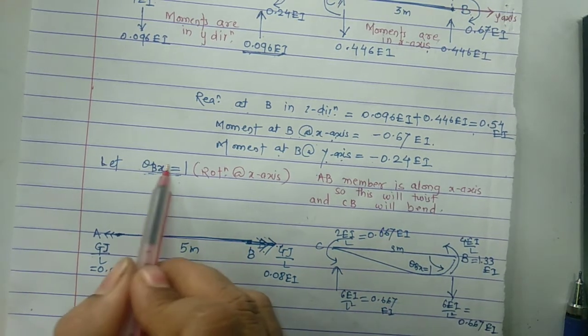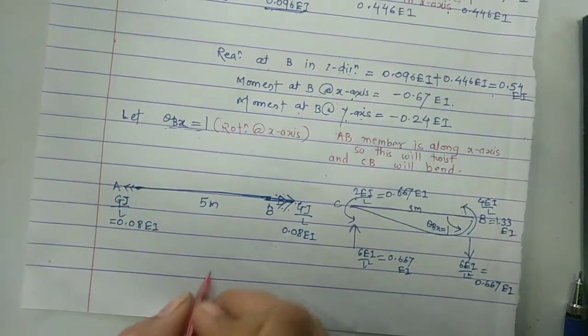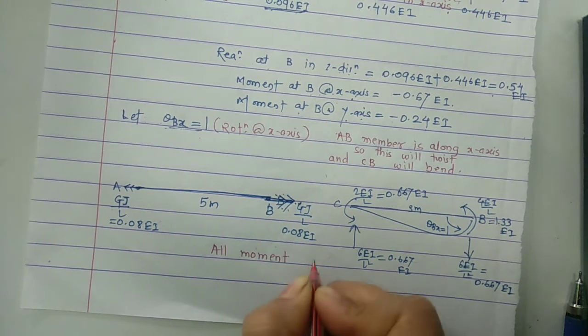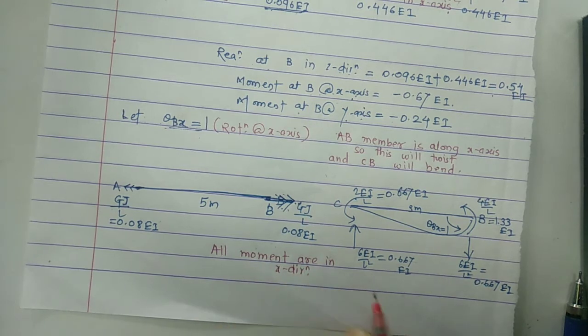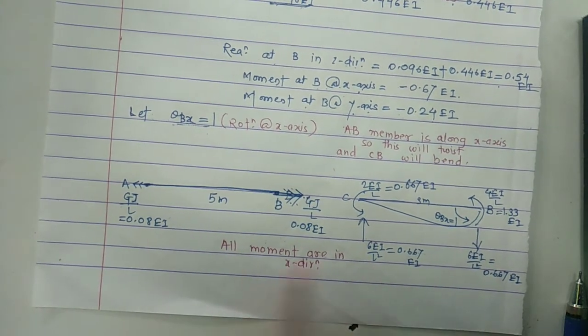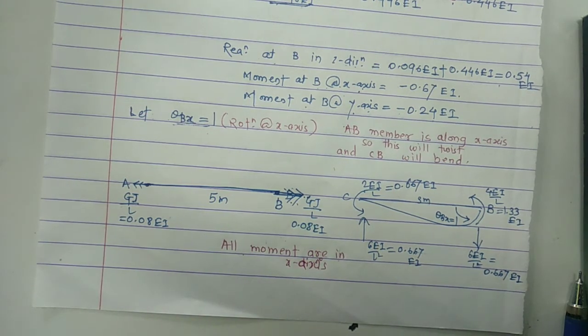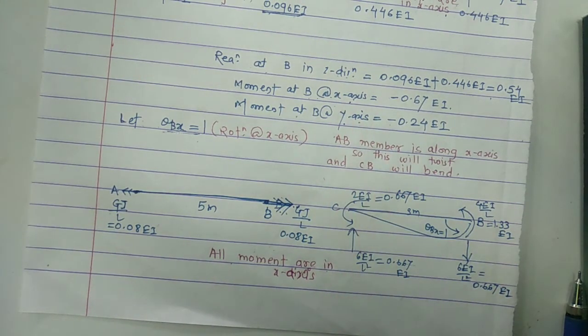Okay, and as the rotation is applied about x axis, all moments are in x direction, because the rotation that is applied is wholly in x direction, so moments are also about x axis. Okay, so remember this point for this grid structure. Now write down in the same way these 3 points, that will be our second column.